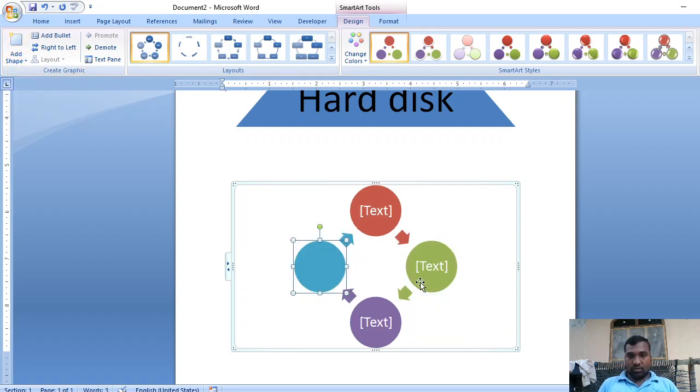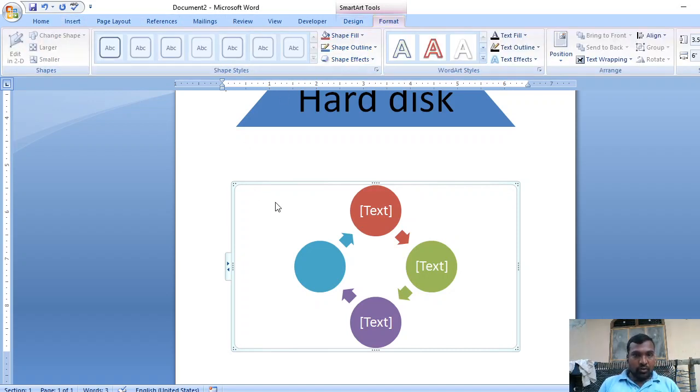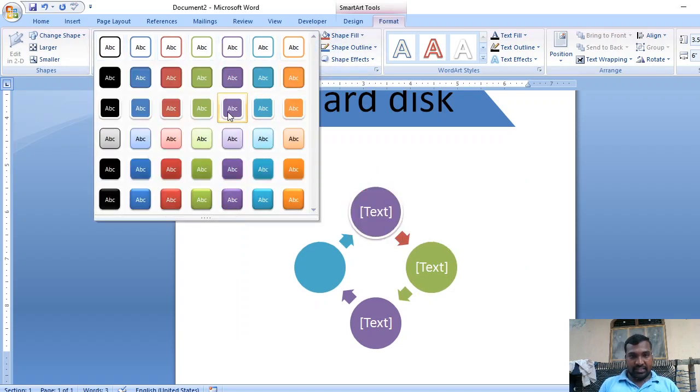Okay, so now I want to change the shape style.